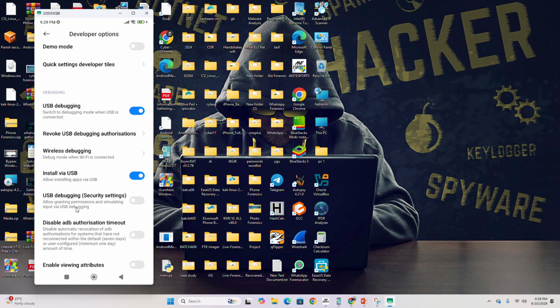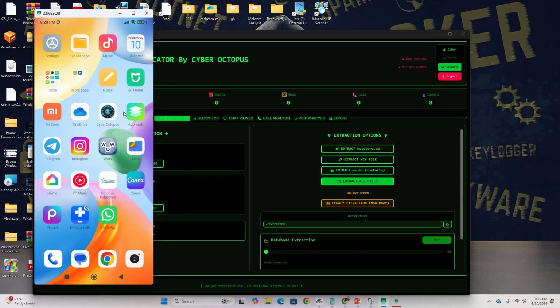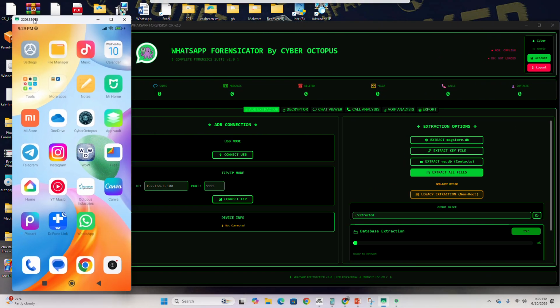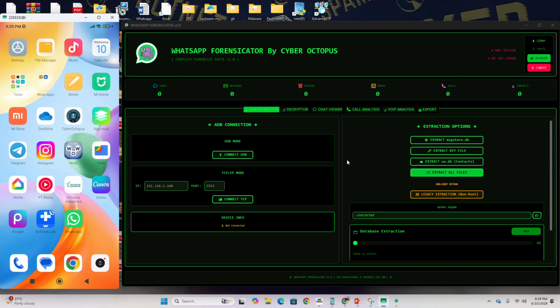So the device is connected. Now I will open the WhatsApp Forensicator software. You can see WhatsApp Forensicator software is open now. Now you have to click on connect USB.